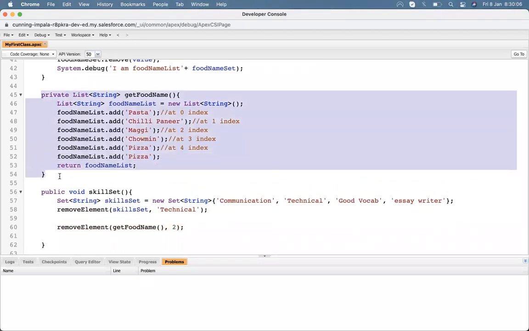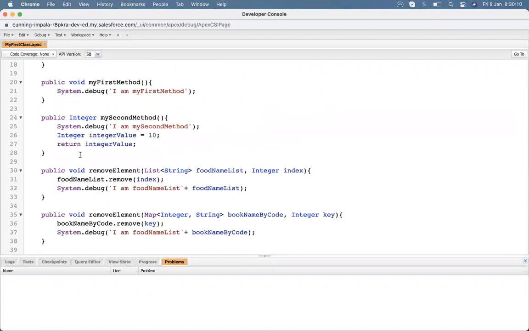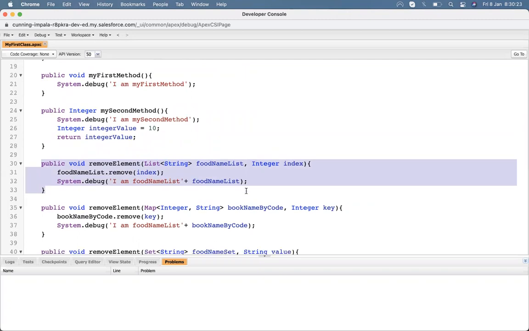This function just creates a list and returns that list. And the job of this function is to accept that list name and index and remove that value.